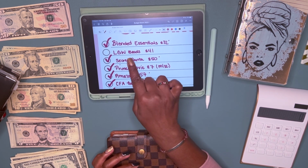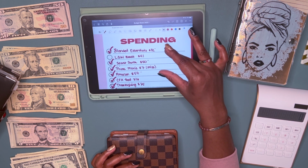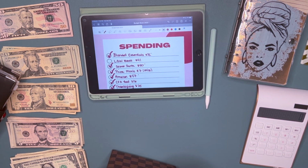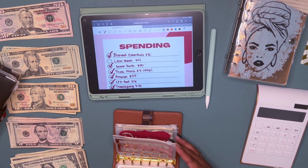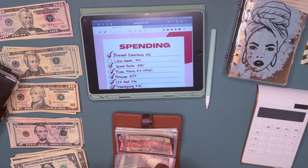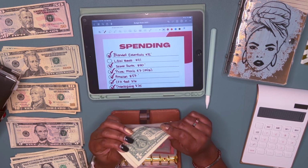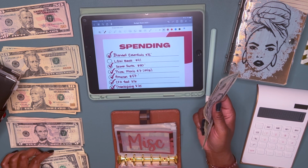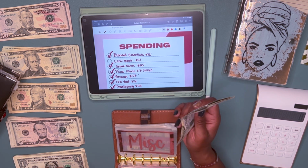Next, I did buy some waist beads. My cousin has a waist beads company, and I had to buy some more. So I need to take out $41. I don't have a specific envelope for that. That would typically come out of my shopping envelope, but there's no money in it. So I have to pull from other envelopes to make sure I pay that back, because we're not